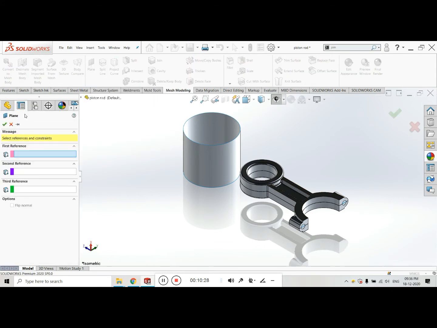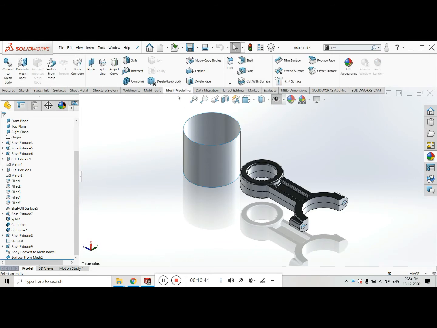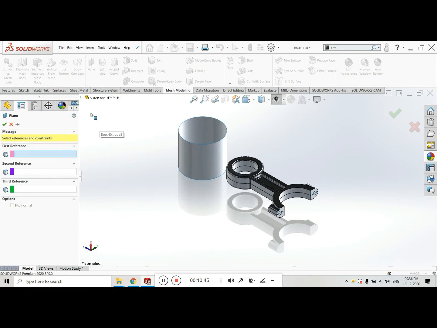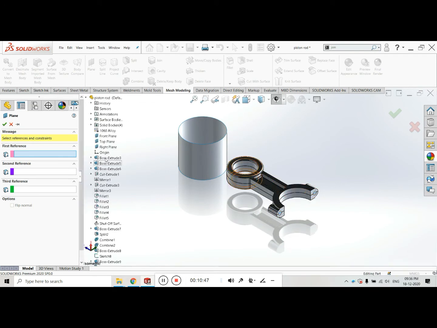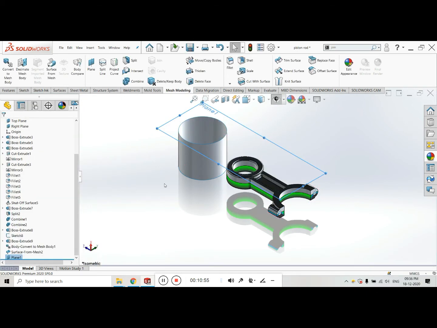This plane is the same as before. We have selected it in the feature tool, that is reference geometry, and you can see here the plane feature. Okay, it is the same. If you want to learn, I can explain it to you. Let us go to Mesh Modeling. Select the plane. Wait a second. I want the plane about the right plane at a distance, your default is 50. I think 50 is enough. Just click on OK and enter.